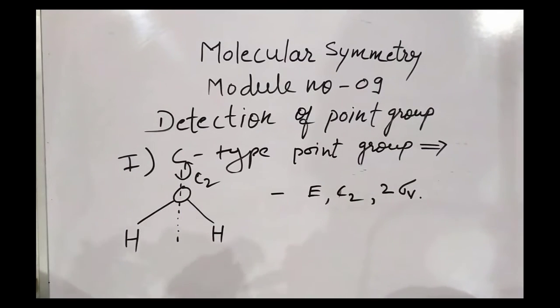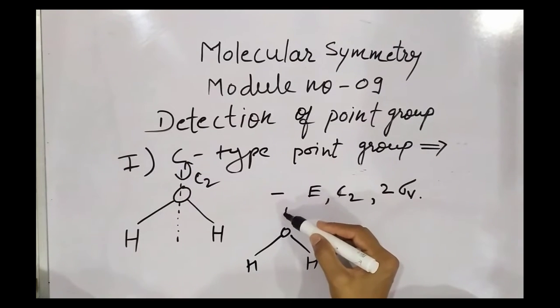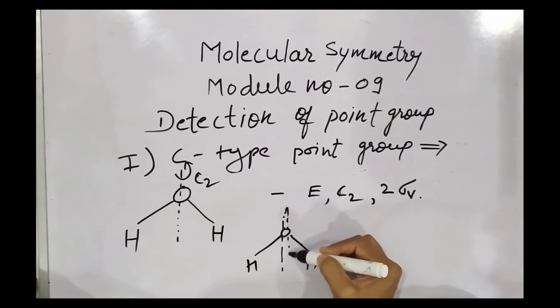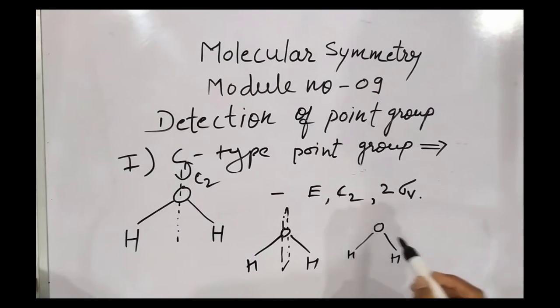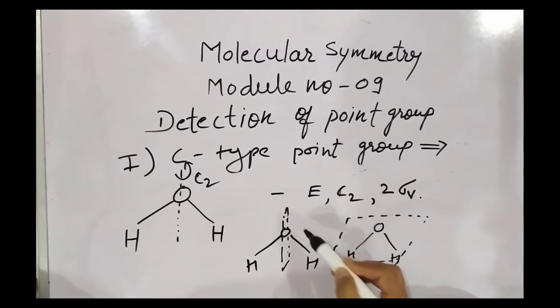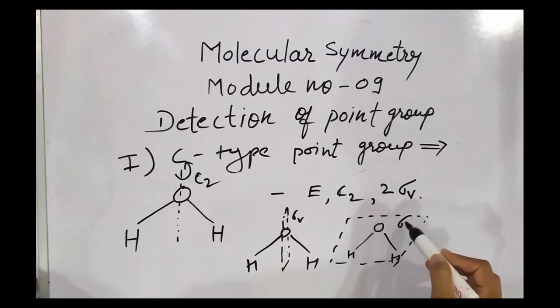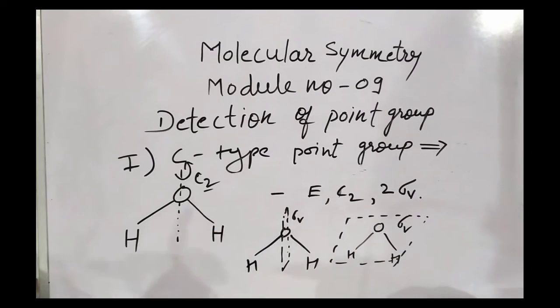Alright. In one diagram, just draw one diagram of the water molecule. Draw the C2 axis there. You can draw another diagram of the water molecule for drawing the plane. Again you can draw a third diagram of the water molecule to show the other plane. This is the first sigma V, this is the second sigma V, and this is the rotational axis. So in this way, these are the 3 symmetry elements that are present in the water molecule.